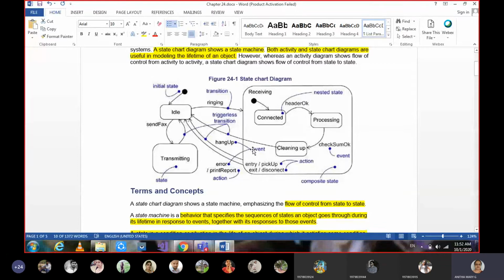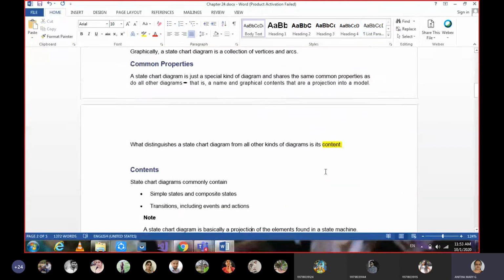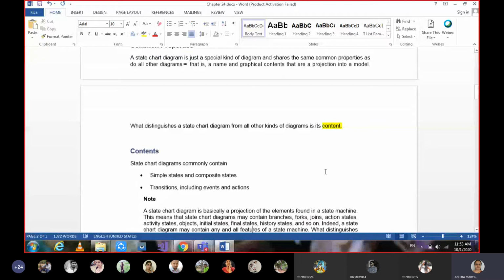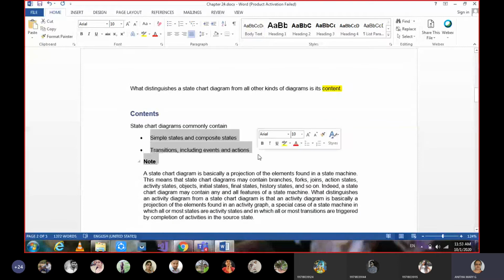So these are the actions, these are the events, and sometimes it can be a message also. The transition can happen because of a message, an event or an action. These are all the different parts or contents of a state chart diagram. That is what we were learning here.